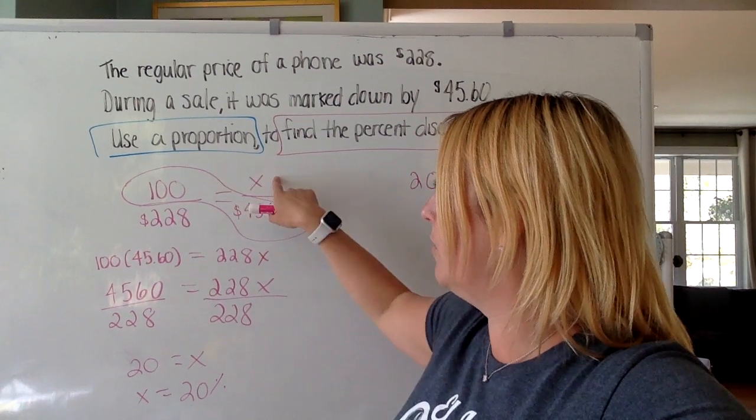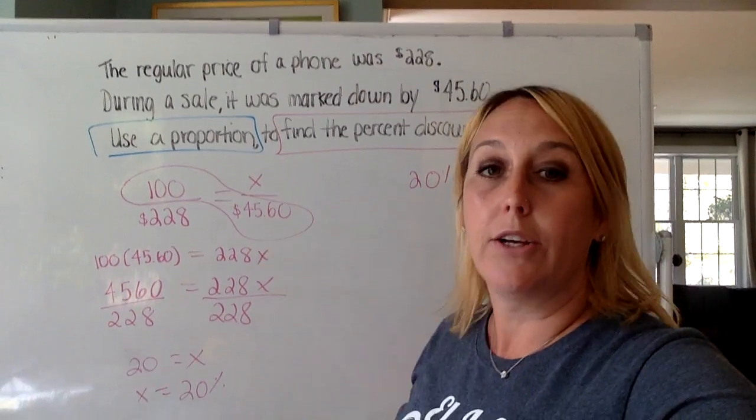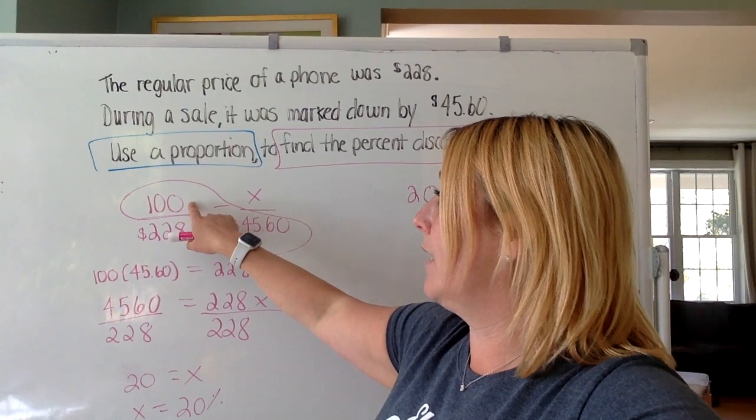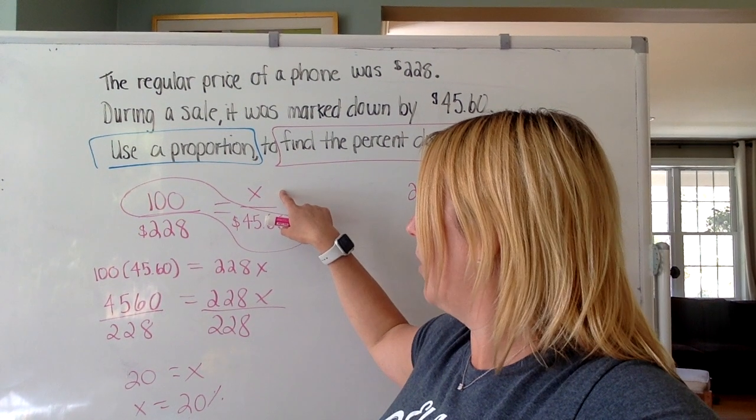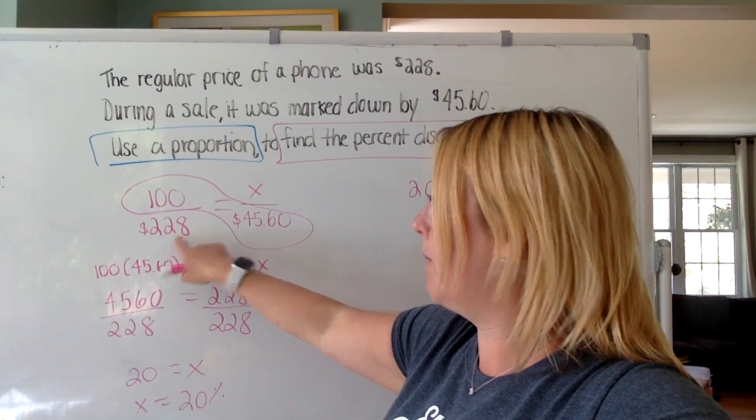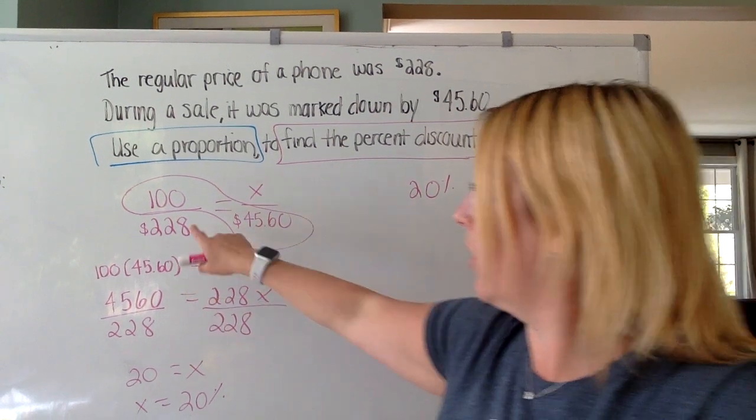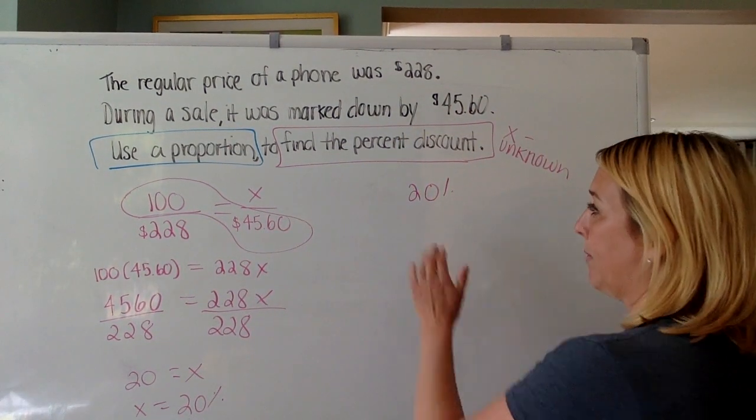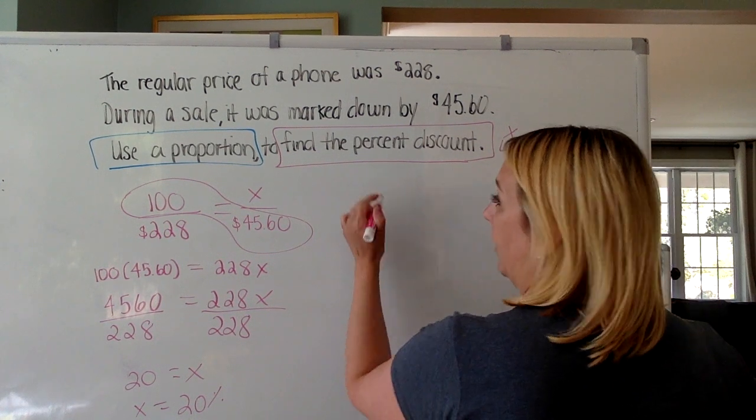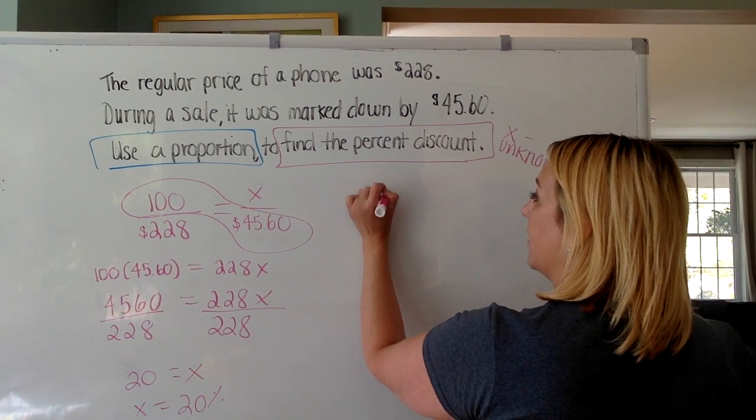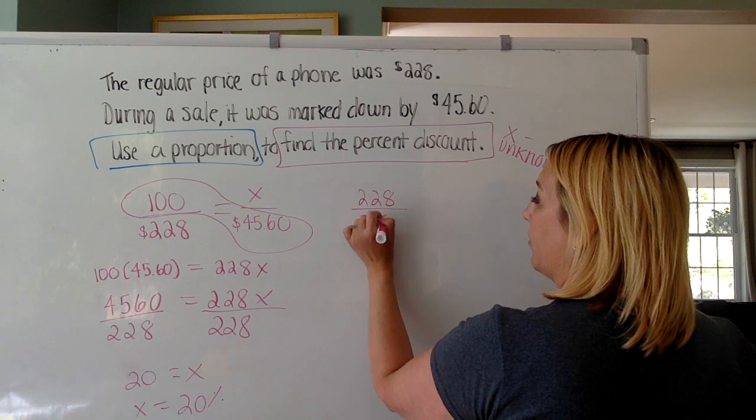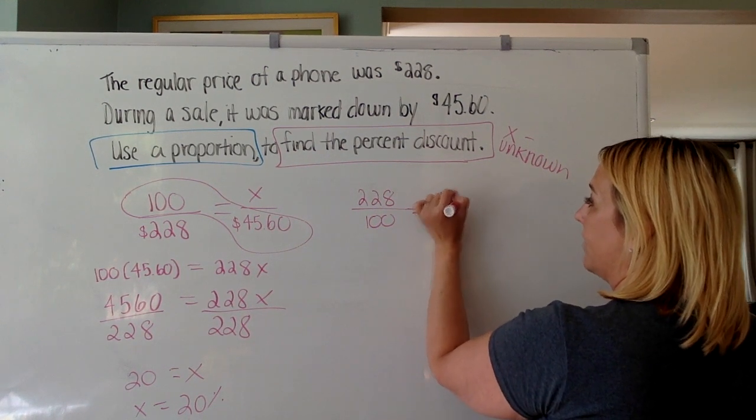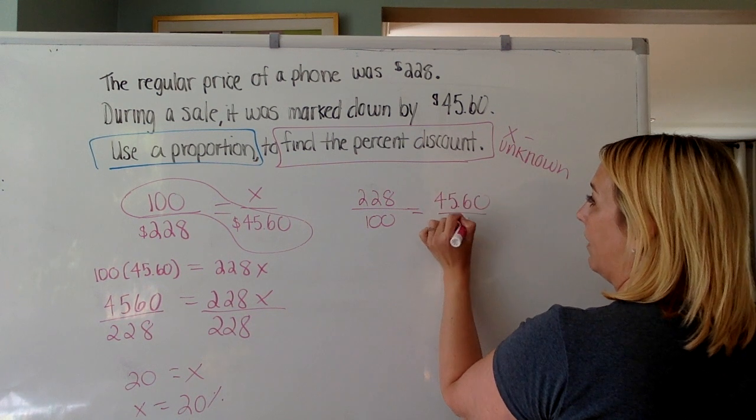proportion. Remember, percent to percent, dollar to dollar. You have to set up your proportion where your same term is in your numerator over there, and the denominator in the denominator over there, dollars to dollars, percent to percent. Now you could say, does it matter which one went on top? Let's try that out. If I had $228 over 100%, and I have $45.60 over X,